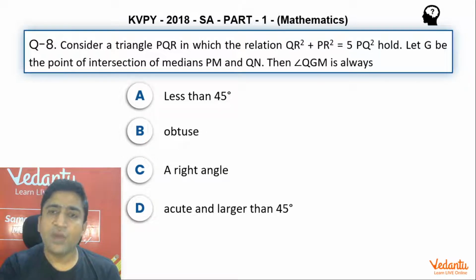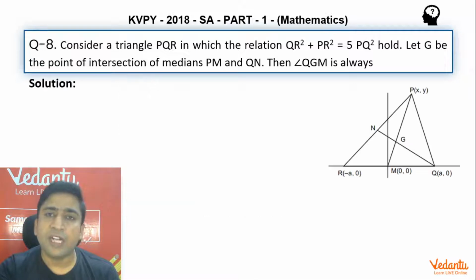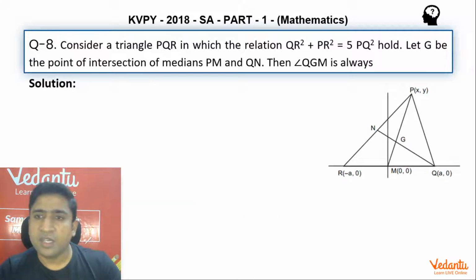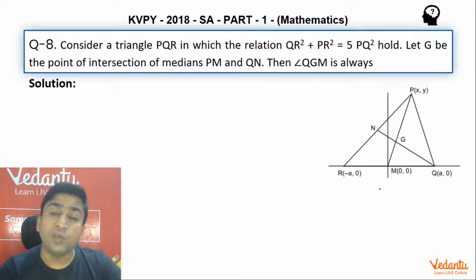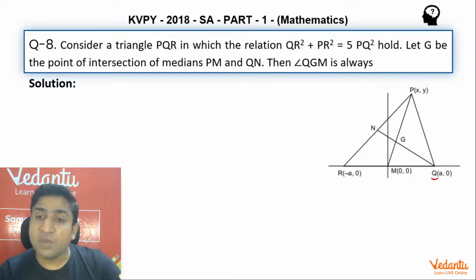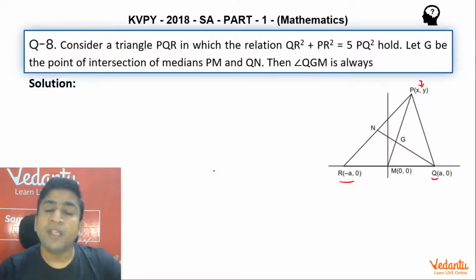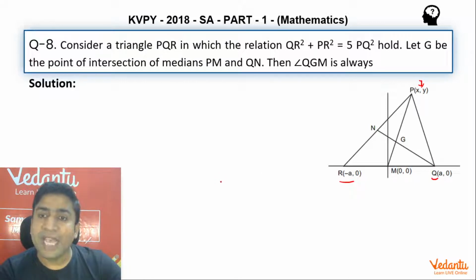Okay, so now what I have done guys, I've just taken a very strategic diagram in this question. I hope all of you can see that in the triangle PQR, I have just assumed the coordinates of points Q and R as a comma 0 and minus a comma 0. I've just taken a random point P whose coordinate is x comma y. Now this is going to be my triangle PQR, and if I try to draw the medians PM and QN,